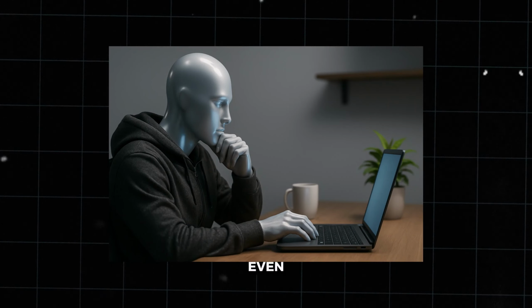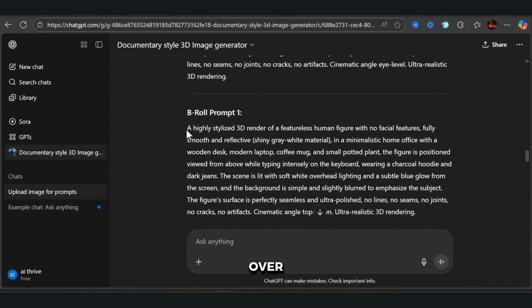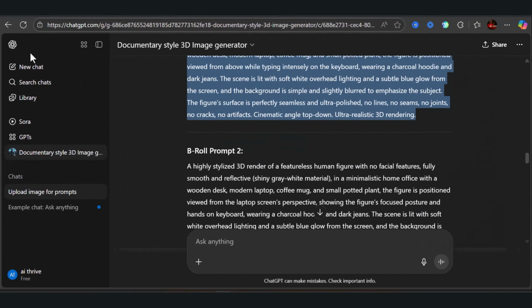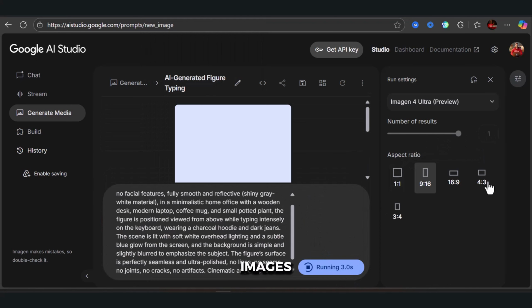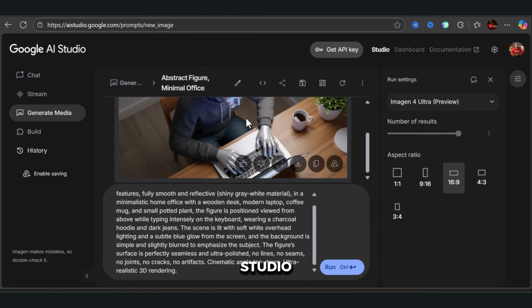To make your image look even better, take one of your B-roll prompts and head over to Google's AI Studio. Click Generate Media, then select Imagen. You can switch between Imagen 3 and Imagen 4. Change the output size to 16:9. Paste your prompt, choose how many images you want, maybe 4, and hit Generate. AI Studio usually gives sharper results, though you might see small mistakes sometimes. If that happens, just click Run again to fix them. I tested it with the confused man prompt and got some amazing results. You can also use the other B-roll prompts to get different camera angles, which really helps you tell a complete